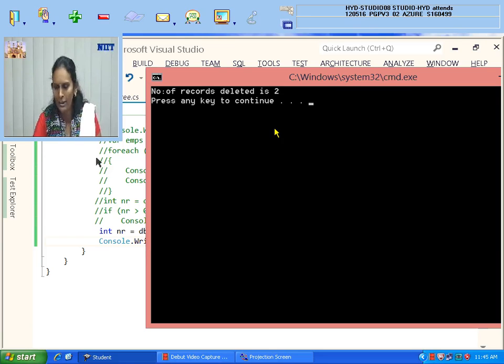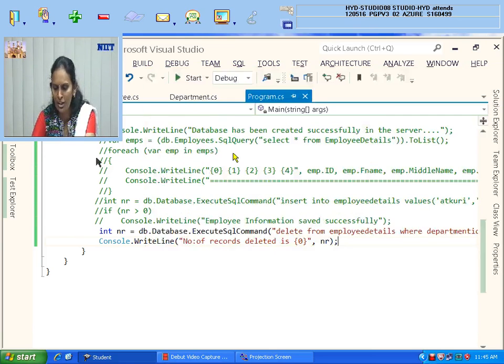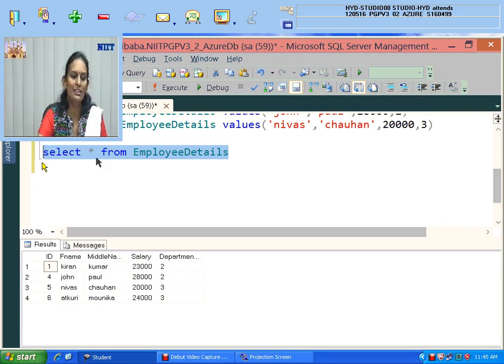If you have any doubts like that, you can go and check with the same query in your SQL server. You will see those 2 records were lost, which are the Tarun and Abdul records, removed because their department ID is 1. No more department ID 1 records are there.